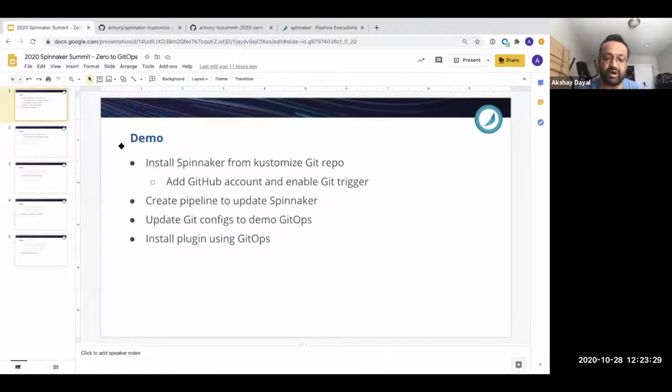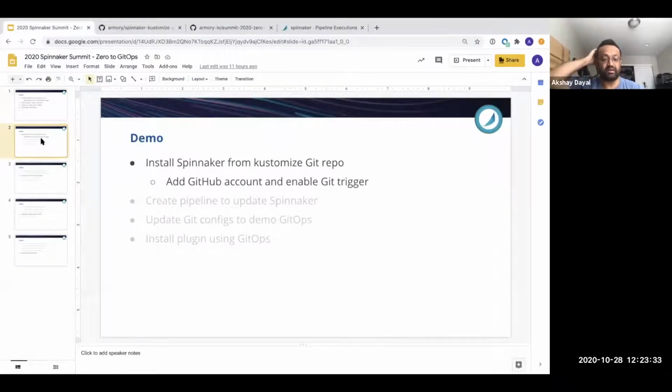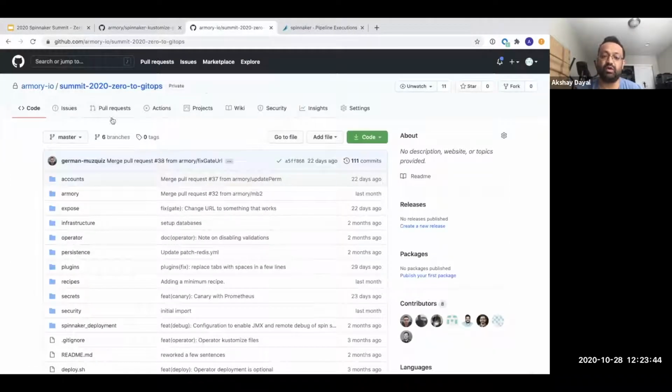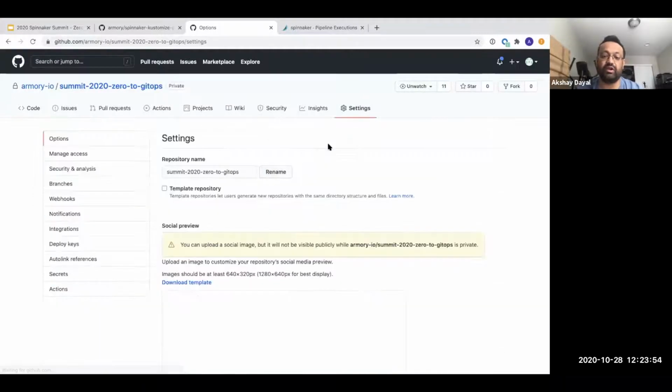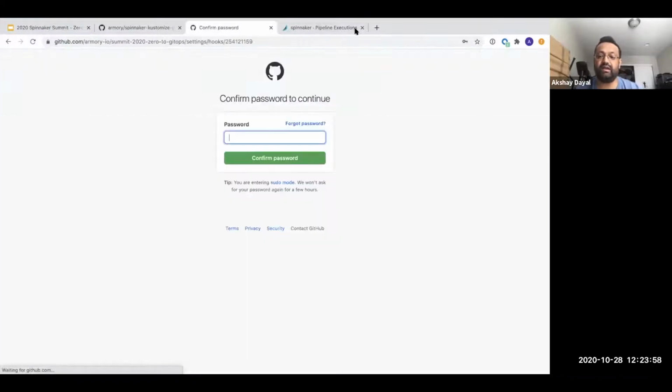So coming back to our demo notes, what we've done is install Spinnaker from the customized Git settings. We've added a GitHub account, and we've done all we need to enable the trigger on the Spinnaker side. So the one thing we need to do still is set up a webhook on this repository. So when we make a change, it sends a notification to Spinnaker so that it can trigger a pipeline if needed. So we go to settings for this, webhooks, and